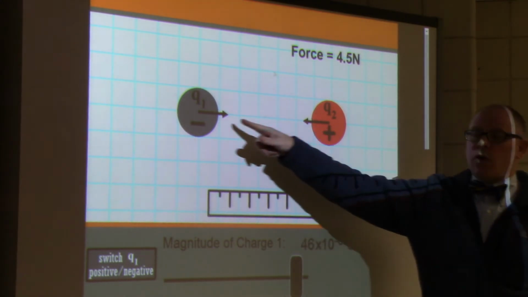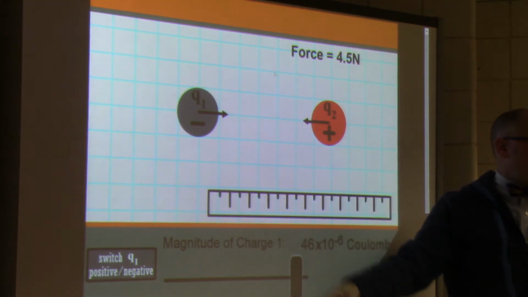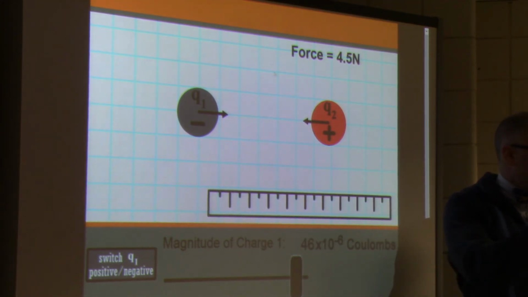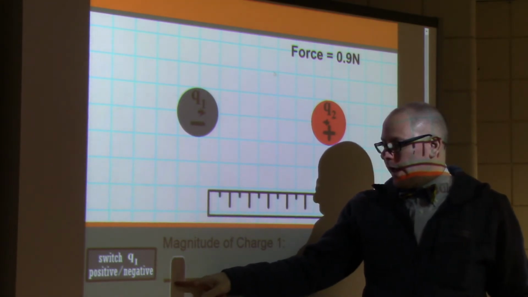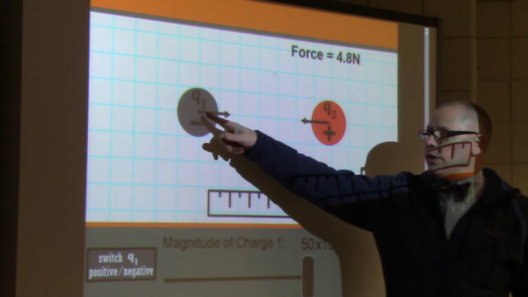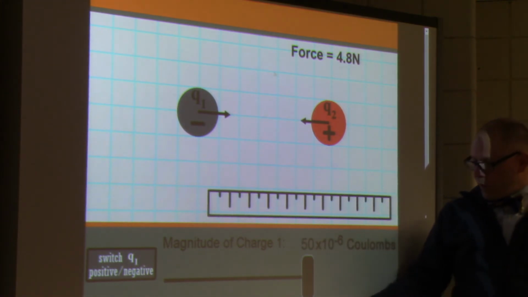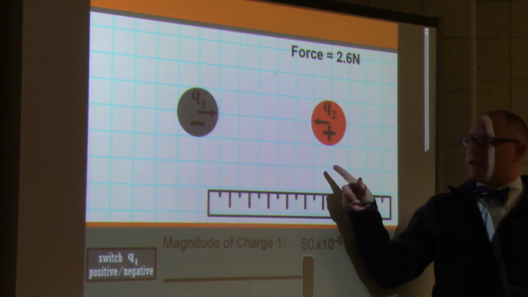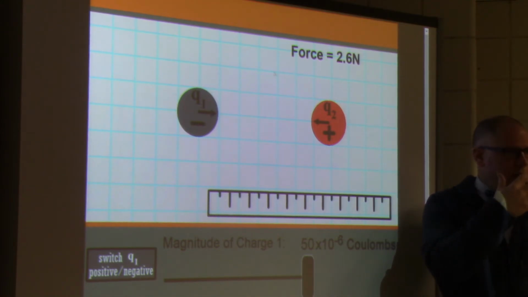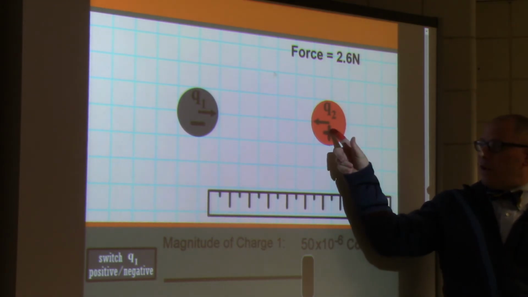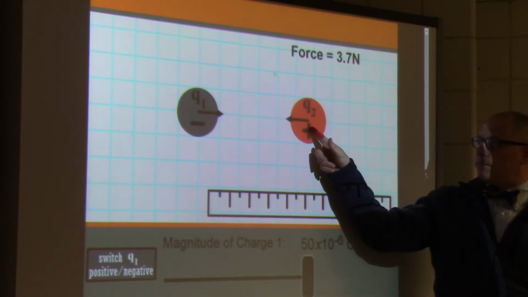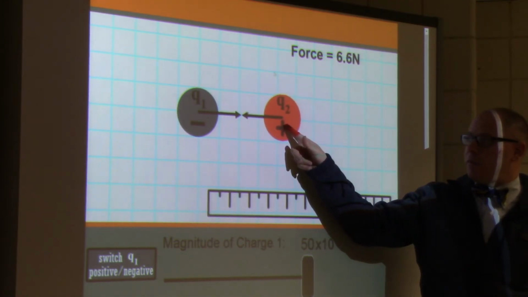And you have the force arrows here. What do you notice about the length of each of those two arrows? Same. They have to be the same length. Why? It's Newton's third law of force pairs, right? They have to pull on each other the same. So if I increase the charge on this one, the arrows get bigger. If I decrease the charge, the arrows get smaller. That's consistent, right? Because we think more charge should be more force. Does that make sense? But what's going to happen if I move them closer? The charge stays the same, but does it increase the force? Yeah. Oh, look. Wow.